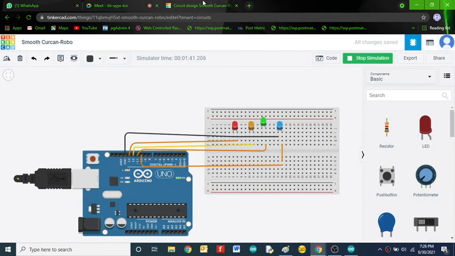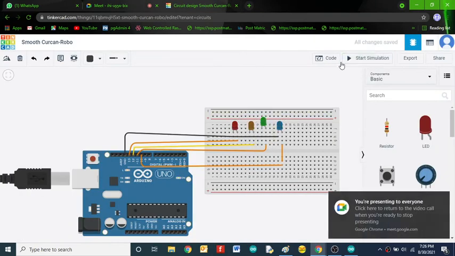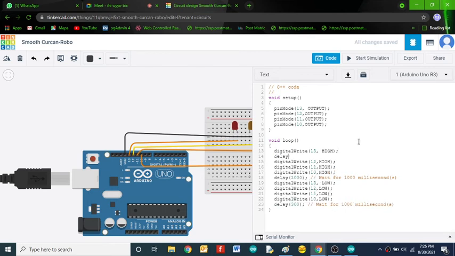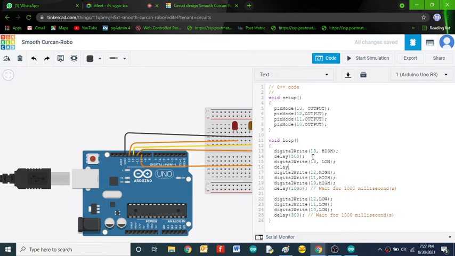Now let's take a look at the simulation part. Here we just provide the delay of 500, and we have to make this low. Again we have to provide the delay.